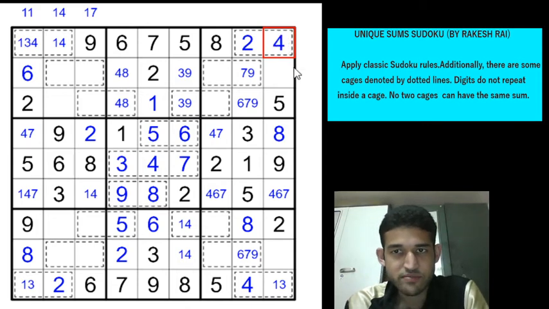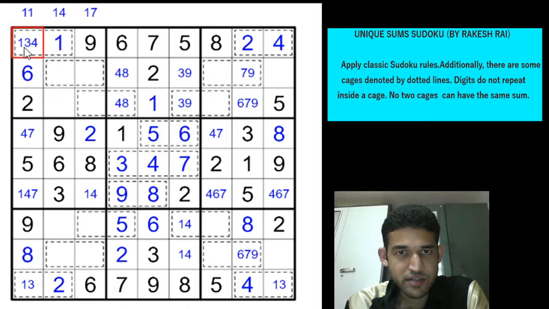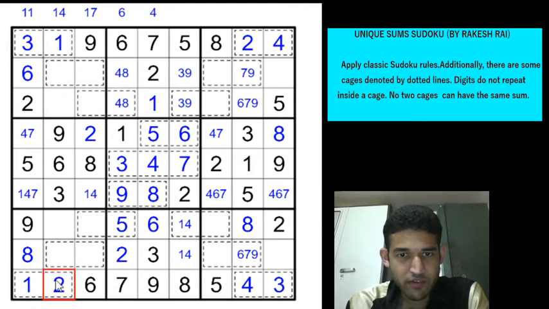That is beautiful. So because of this 4, we get a 1 using classic rule and a 3 here. Now this 3 gives us a 1 here and a 3 here. This finishes off row 1 and row 9. That's good. So we'll make some more total possibilities outside. We have reached the 6 here, so we can write that outside. We have reached a 4, so that will be there. We have reached a 3. We have also reached a 7. So none of these 7 totals can be in the remaining cages.